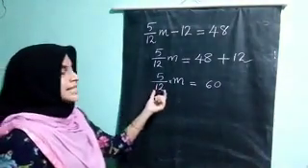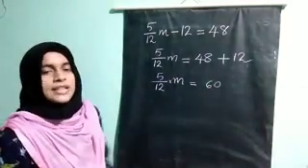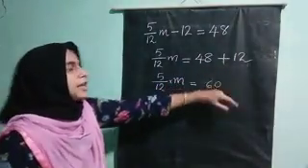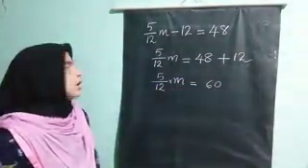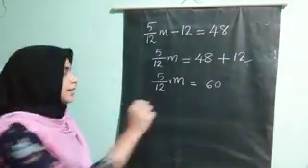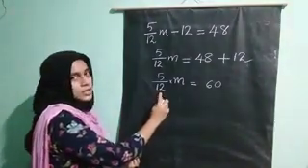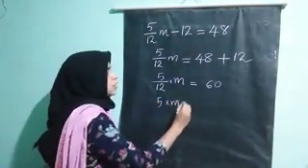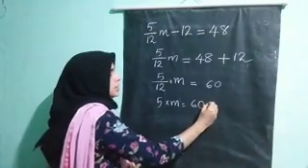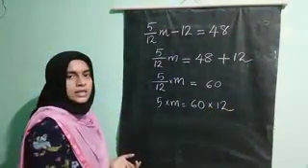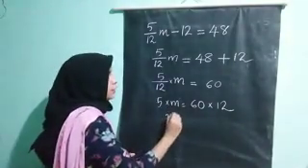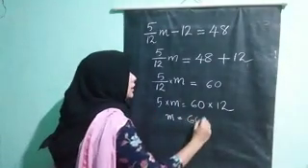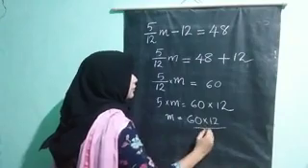Now we can take this divided by 12 to that side. Or you can take 5 by 12 together to that side, but it will be the reciprocal of 5 by 12. So better is you can take denominator first. So divided by will become into. So 5m is equal to 60 into 12. Now we have 5 here, into 5. Take this 5 to other side. So it will become divided by 5.